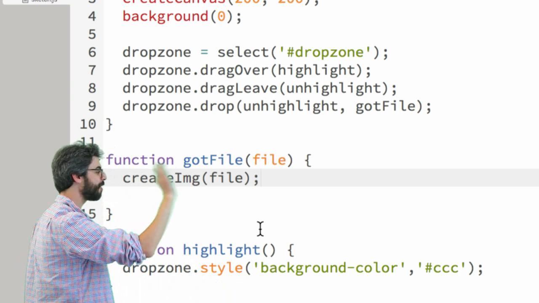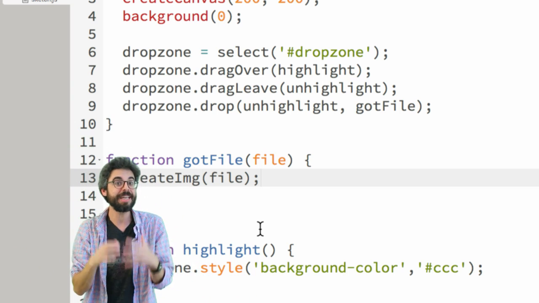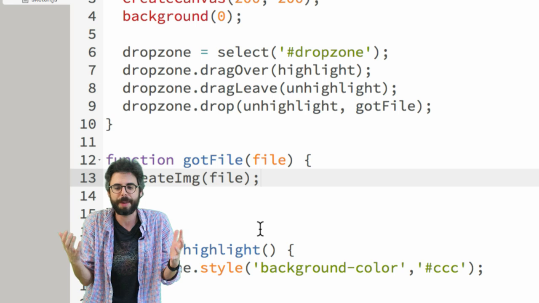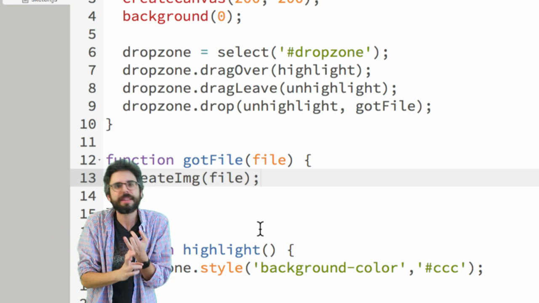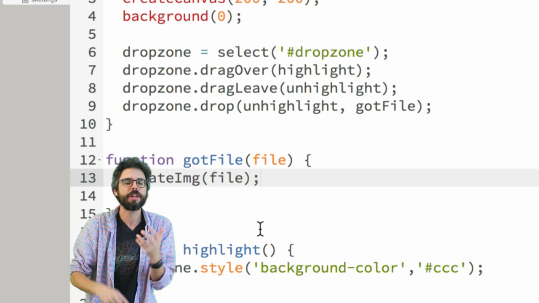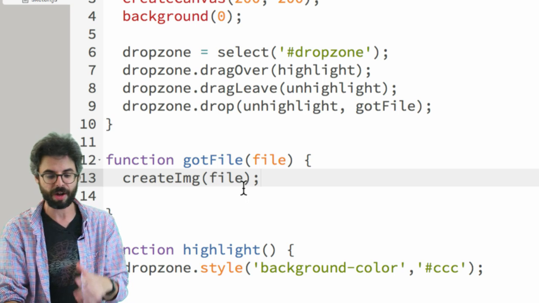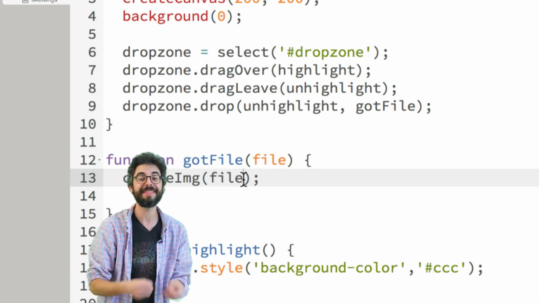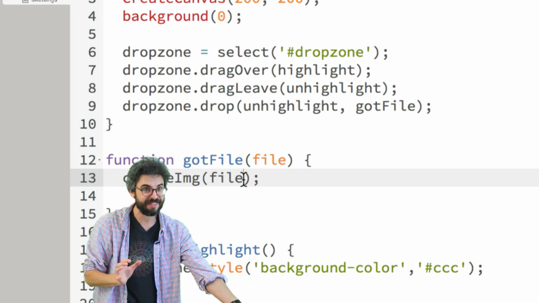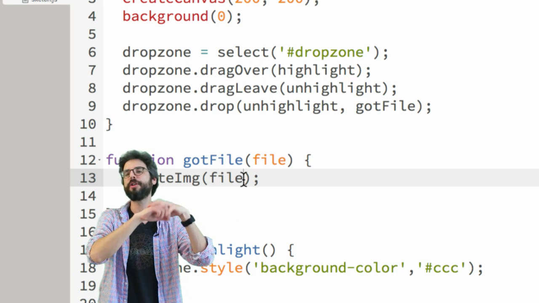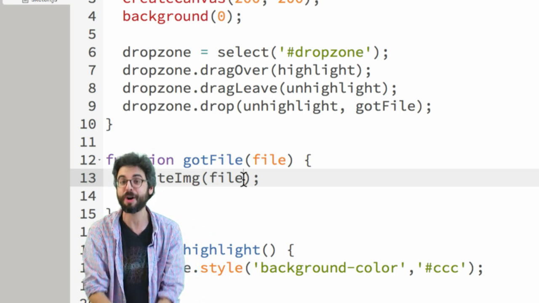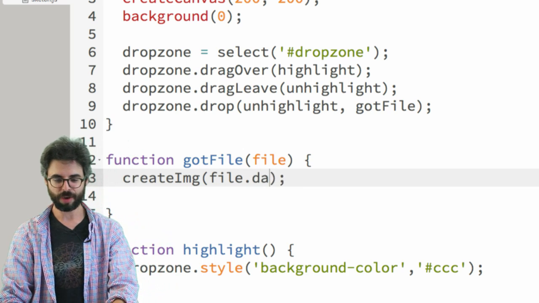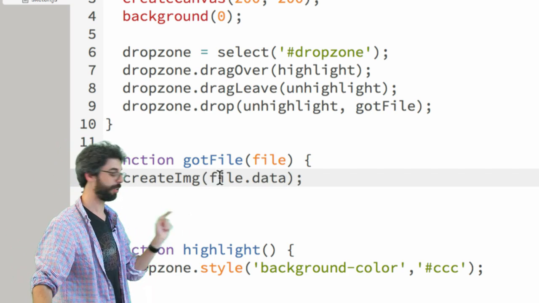So this file variable is actually an instance of a p5 file object. And there's all this information. Like, I know how big the file is, what its name is. There's lots of metadata associated with that file. And something that's in that file is a property called data. And that data might just be the text that's in the file. It might be some other data format that's in the file, or it might be image data. So if I say createImage(file.data),